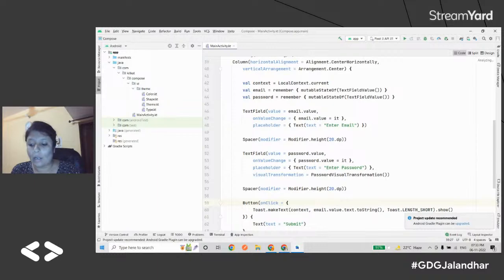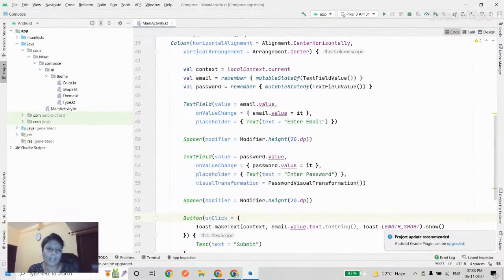And also, if you have an Android device with you, you can use that for debugging and for build purposes. But if you do not have an Android device with you, you can set up the emulator on your own machine, and you can run the application in that particular emulator. Okay,